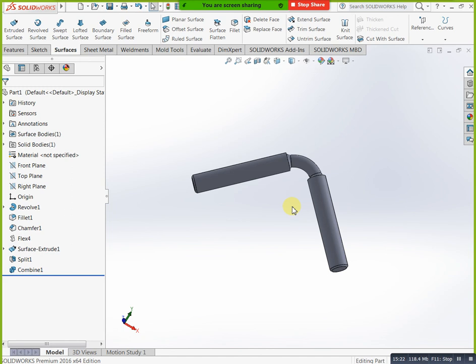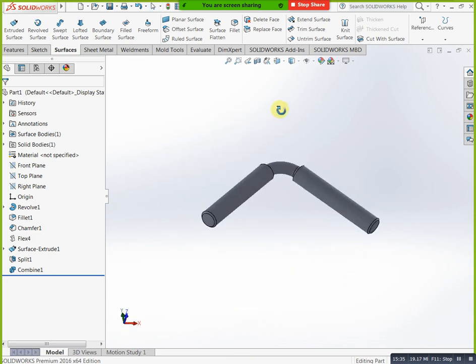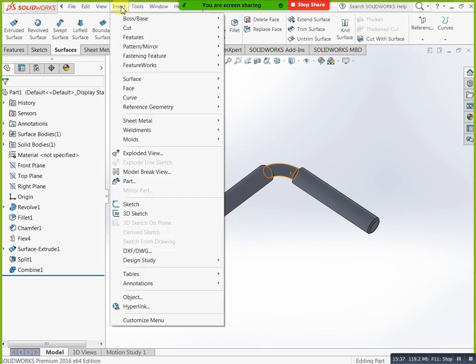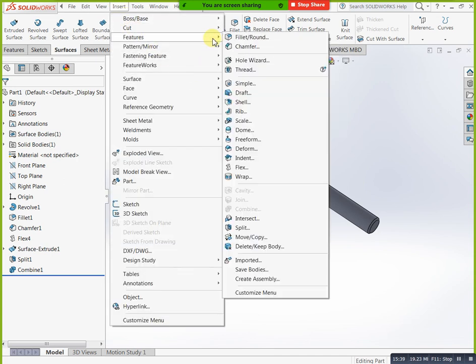Okay, already intersect you know, split you know, move or copy you know, delete or keep you know. At the same time, next, where is that? Combine. Here we have combine. With two bodies, it will highlight. Now we have a single body, so with a single body, it won't highlight. Okay, that's why you can remember this one. Okay, now we completed our entire